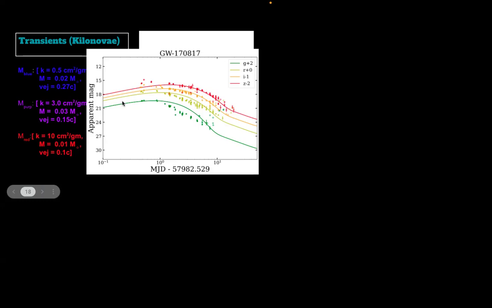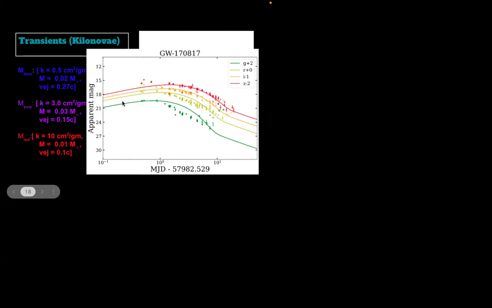One thing is that if you increase the mass, you are seeing some rise in the light curves, and if you increase the velocity, you see some dip. So if we combine these two, there can be some kind of degeneracy. Do you get that kind of degeneracy? Like increasing the mass, it is going up, and again increasing the velocity, it is coming down.